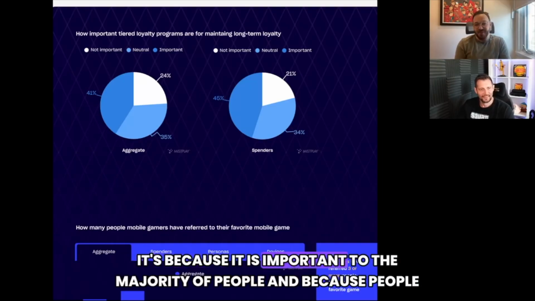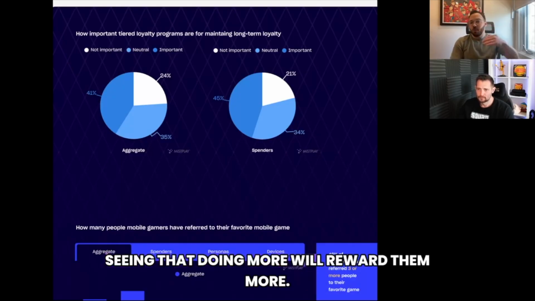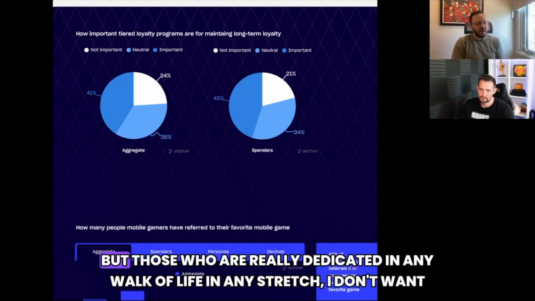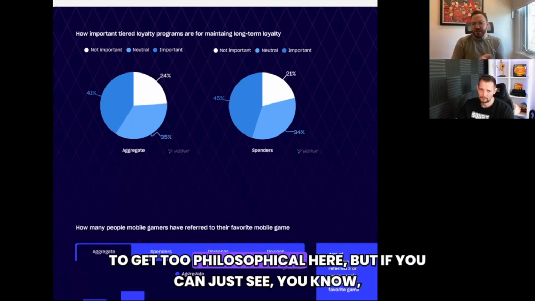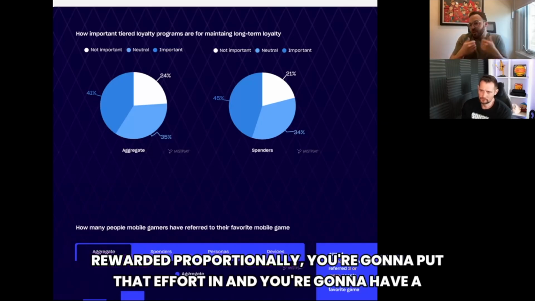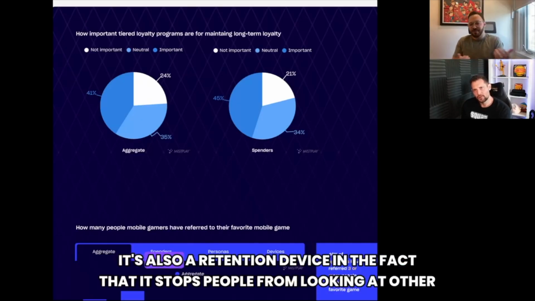It's because it is important to the majority of people, and because people really do feel like they're getting what they want out of it, and seeing that doing more will reward them more. If it's just a baseline flat system, then sure, it'll work for some people, and it'll be okay. But those who are really dedicated in any walk of life, I don't want to get too philosophical here, but if you can see your path in front of you and know that the effort you put in will be rewarded proportionally, you're going to put that effort in. Those who want to excel are going to work hard. But it's also